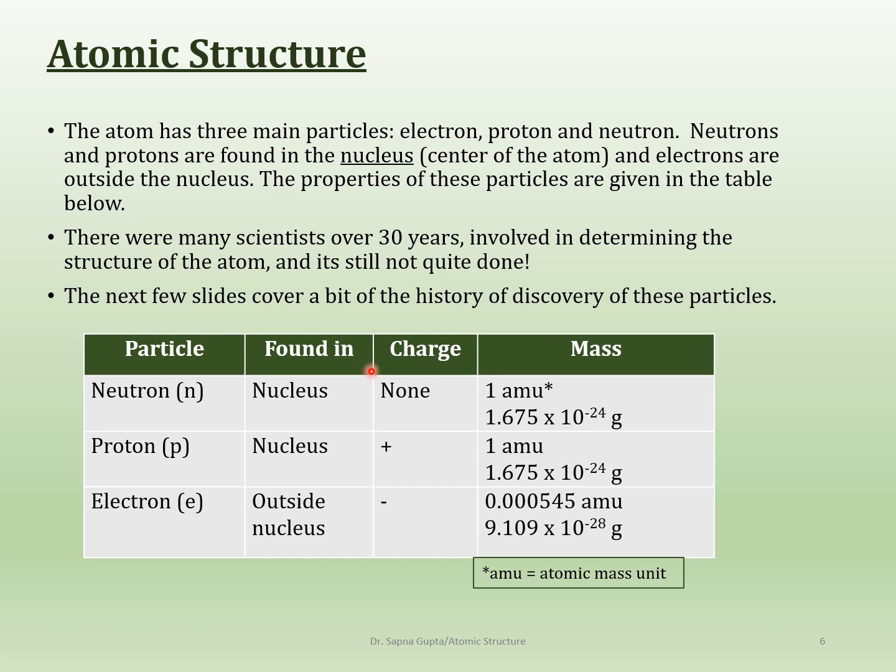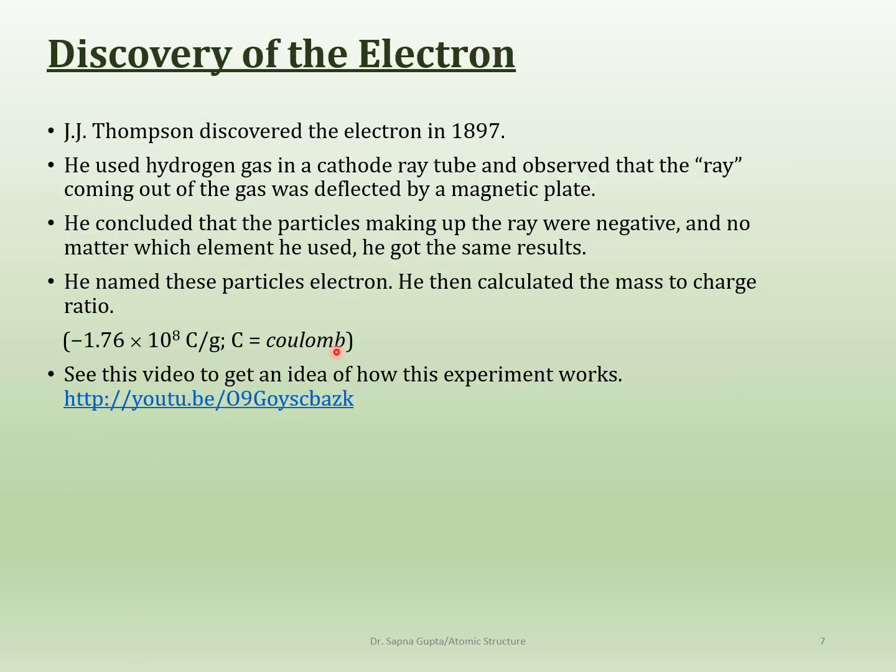And then there's a charge also associated with them. Neutron is neutral, proton is positive, and electron is negative. That is how it is. It took a really long time for scientists to figure out all of these three particles, and actually many more particles are considered to be in an atom, and they're still finding those. But this is kind of the beginning. This is the overview of how it goes.